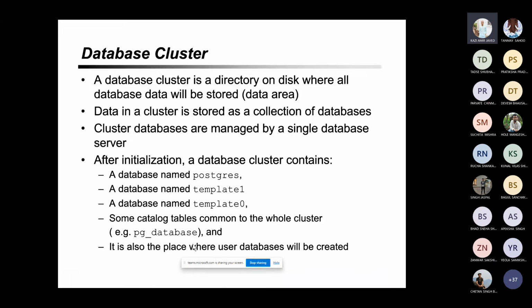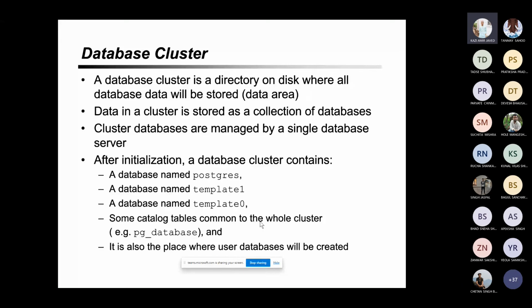But pg_class may not show the same if you run it across different databases. It is also the place where the databases will be created in the cluster, providing the space where the databases would be created by you as a user.